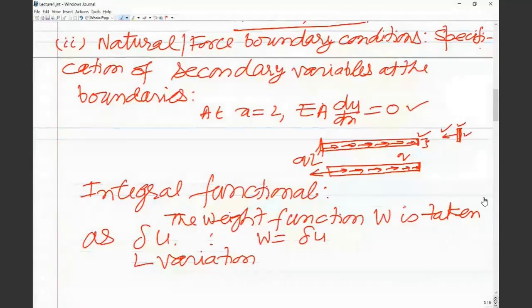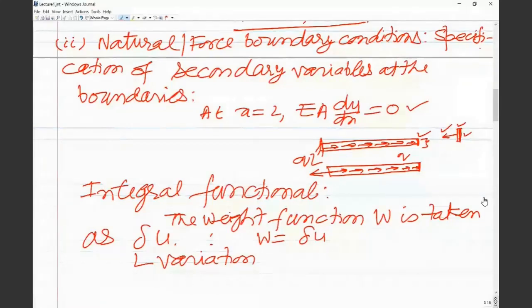So the weight function W in each differential equation will be a corresponding geometric quantity. For example, here the geometric quantity is U, that is displacement, so its variation delta U is taken as the weight function. If we were having another problem involving the axial deformation and also the bending of